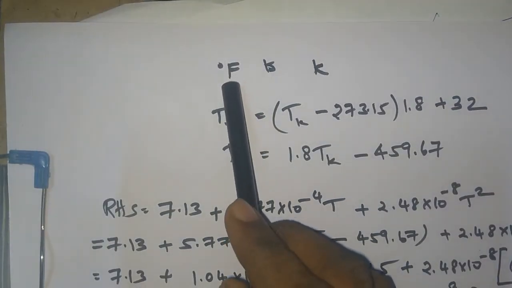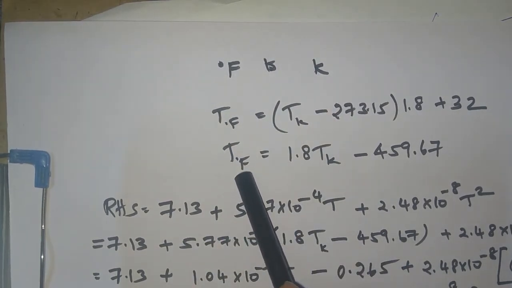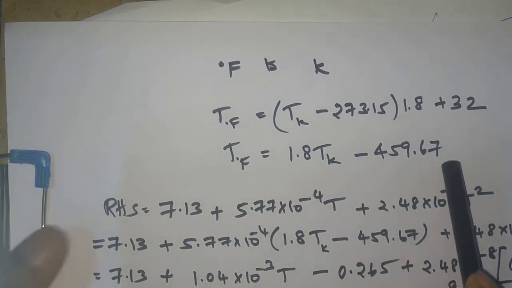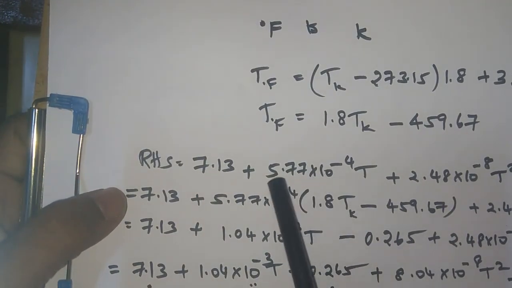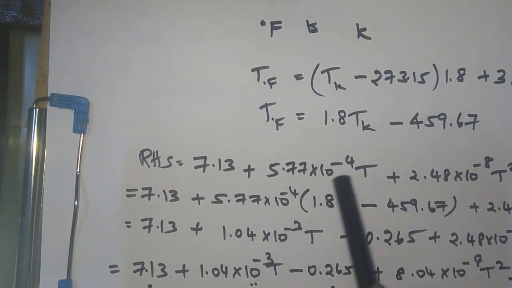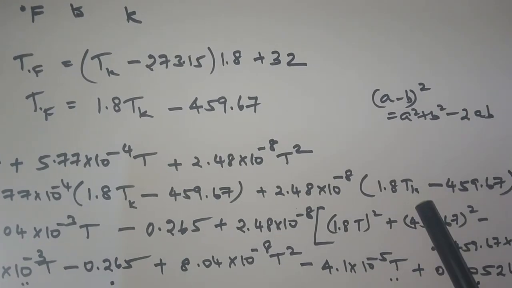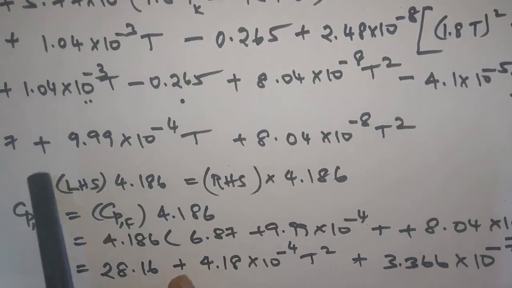Solving, what we have done, so we are getting the conversion factor for Fahrenheit to Kelvin as: temperature in Fahrenheit is equal to 1.8 into Tk minus 459.67. Okay, so the right hand side of the given expression is as it is given. I just converted it so the decimal point comes after one digit, so that when I use the calculator it will be easier for me. Okay, so what I have done is, in place of t we have substituted 1.8 t minus 459.67, and in place of t square we have substituted 1.8 t minus 459.67 whole square. Then we have simplified, and once we simplify, what we get is